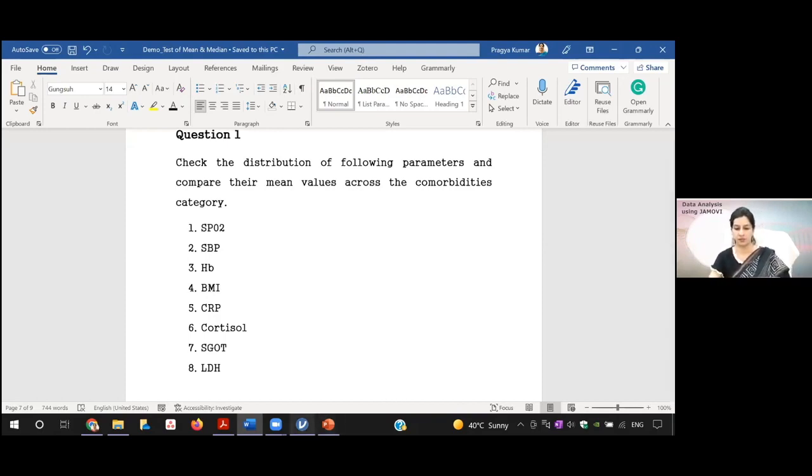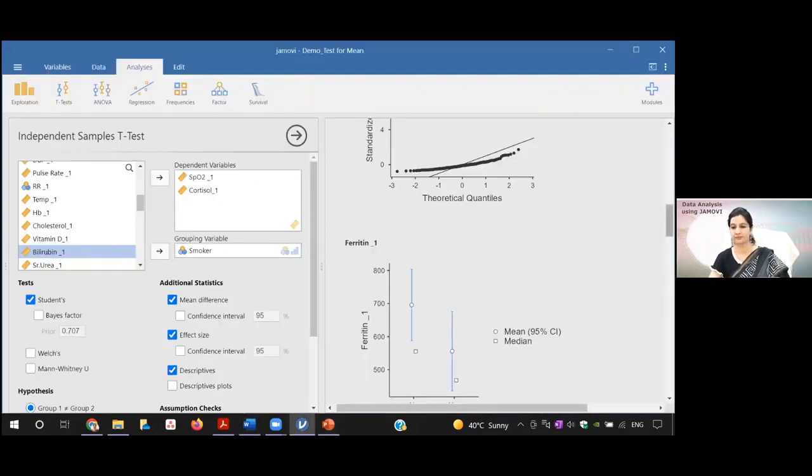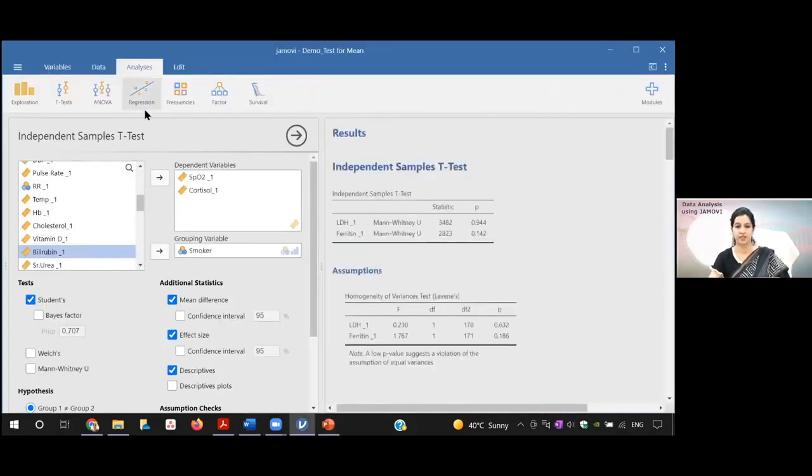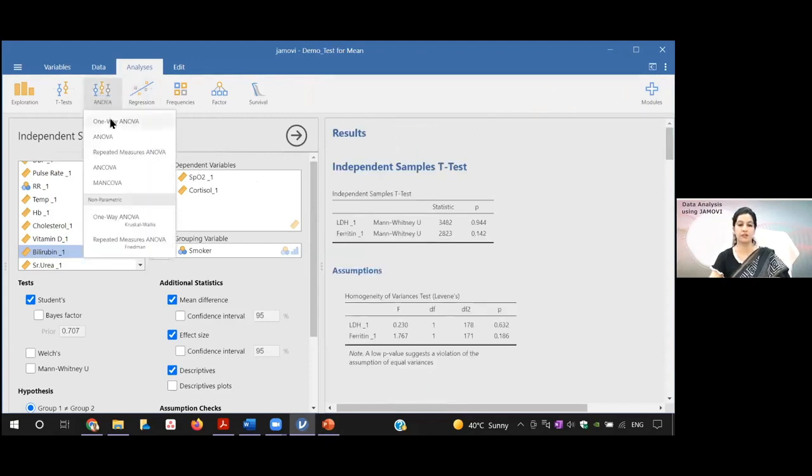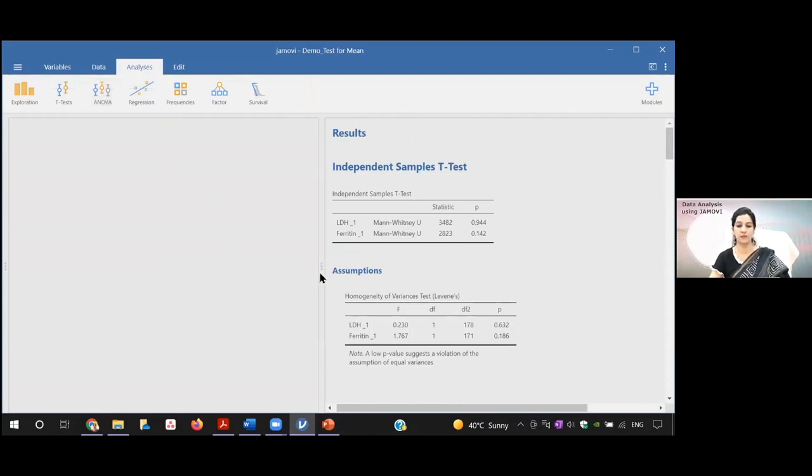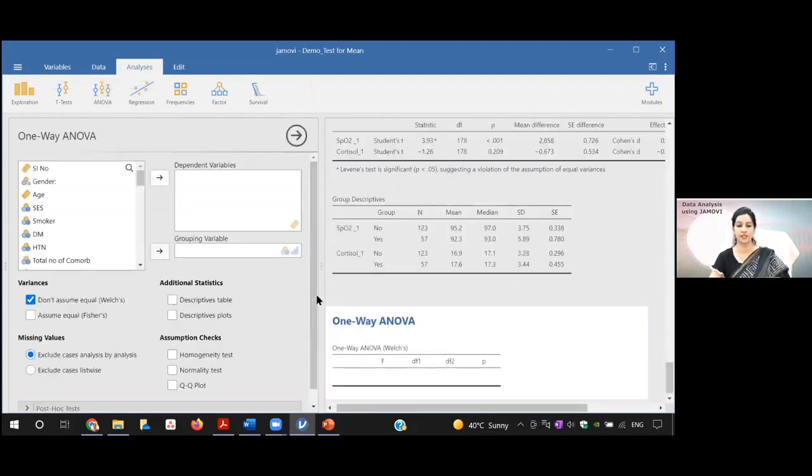So I'll go to this data sheet. And then maybe I'll go to ANOVA and click on this one-way ANOVA. There are many other options, but we are clicking only one-way ANOVA. If you click this, there will be dependent variable and there will be option of grouping variable. So in the dependent variable, what we have to move, there are many. First in the grouping variable. So in the grouping variable, I have to,